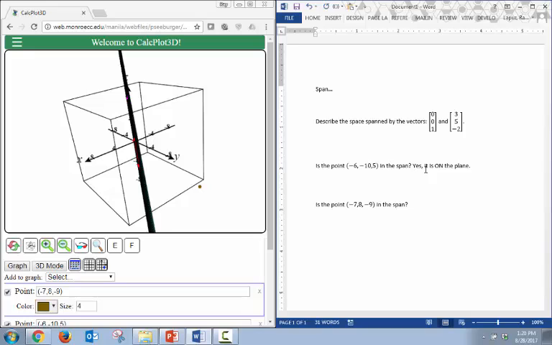All right, now we randomly took this point, and we know that that's not on the plane. So the question is, is there any way